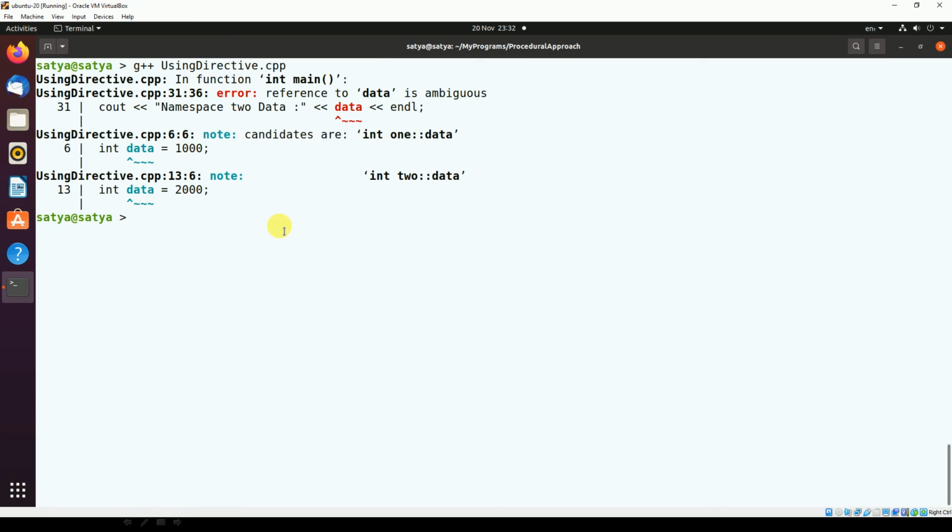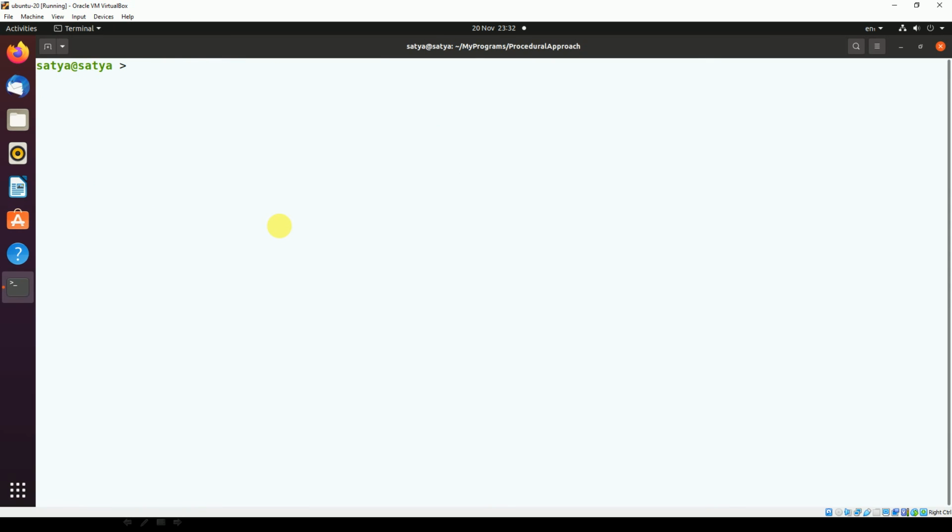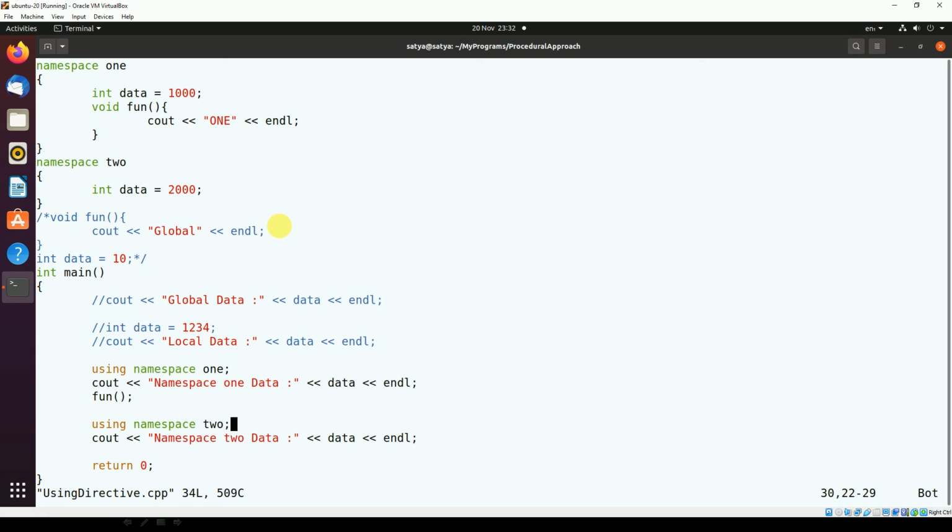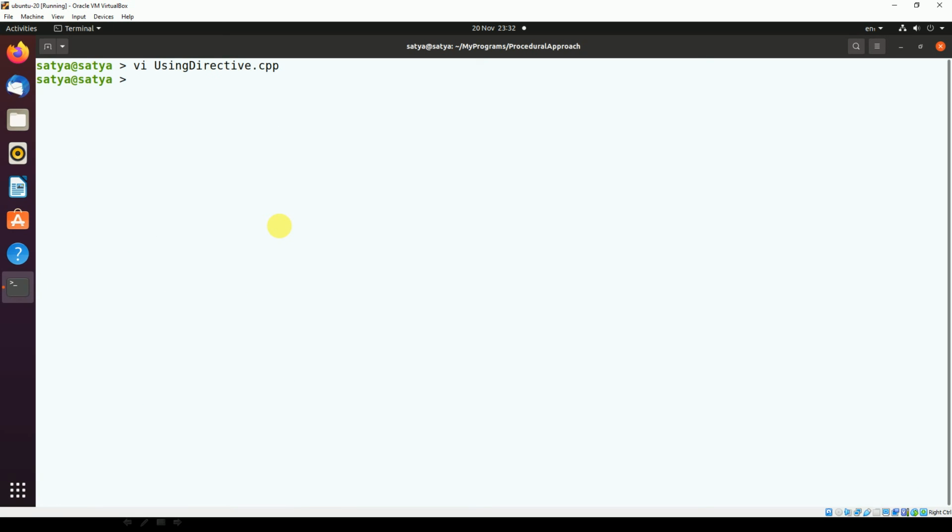Okay, now let's clear this. Open this. If you want to access only this one, namespace 2, then what you can do is provide a comment here. So now it has compiled.